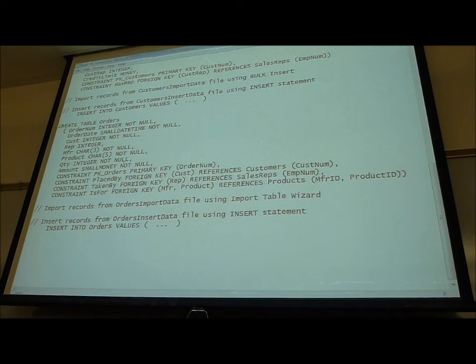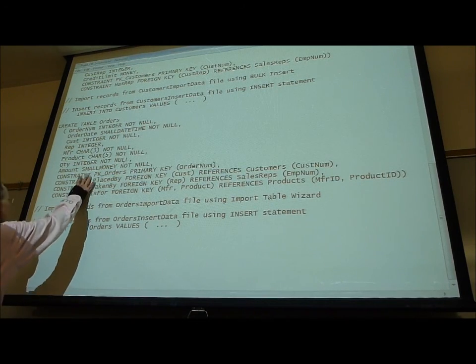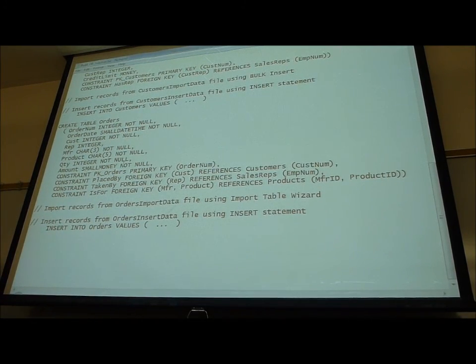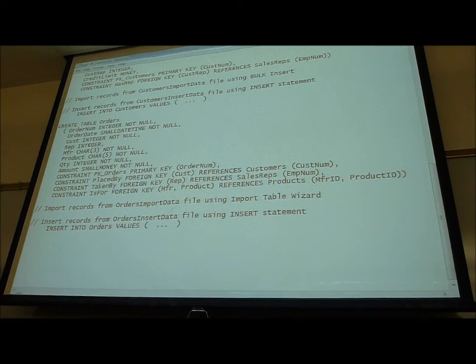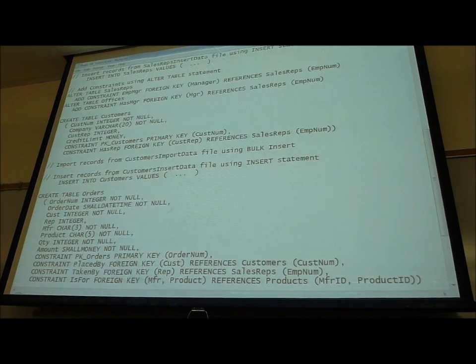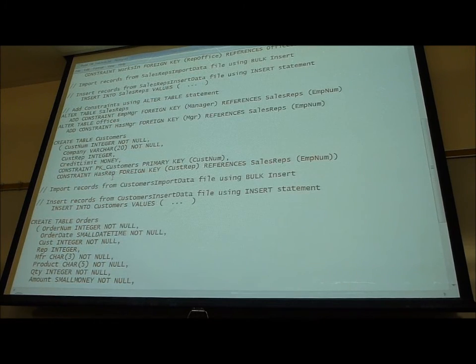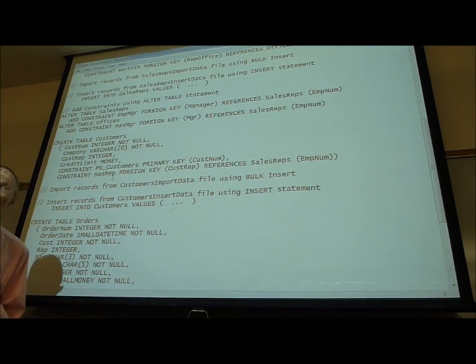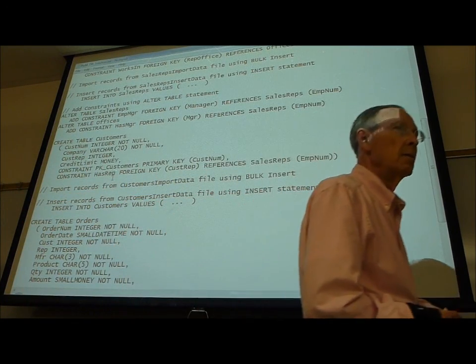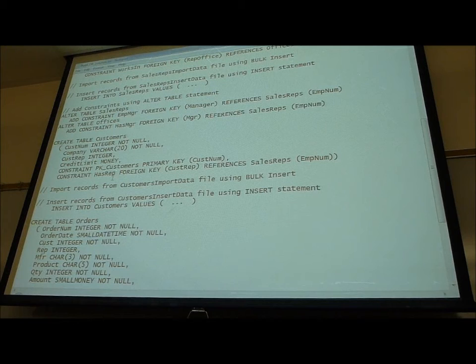And if I plan things very carefully, then most of my constraints could be right there in my table definition. But in the case of where we have that right here, that's because of the nature of it. We got two relations going to each table,